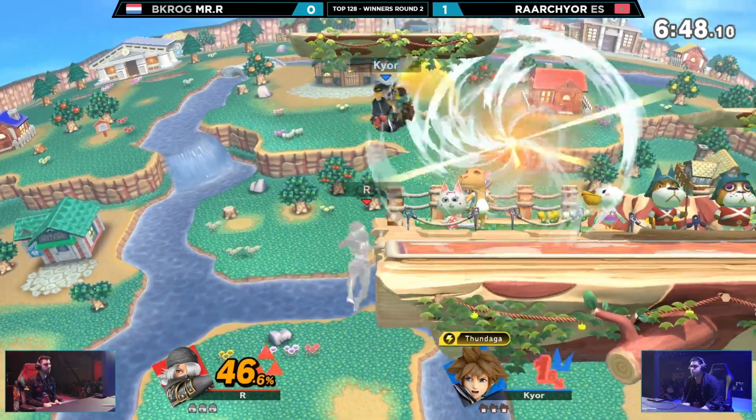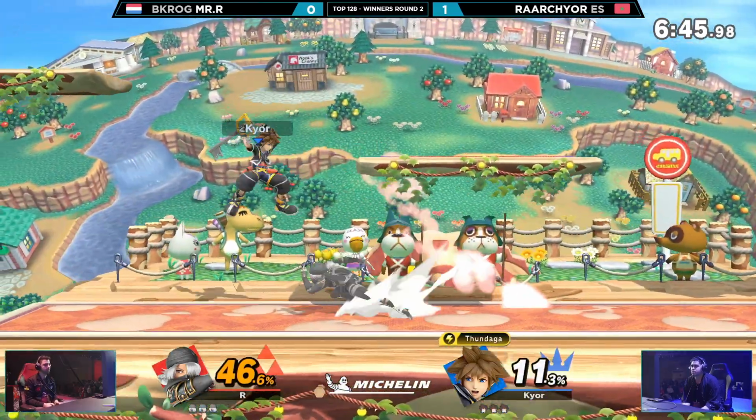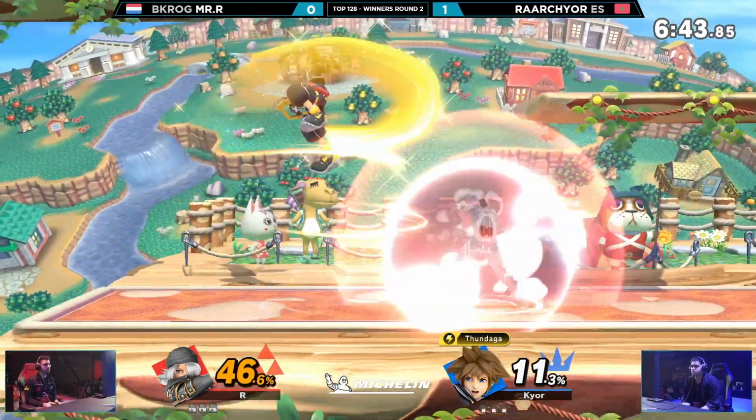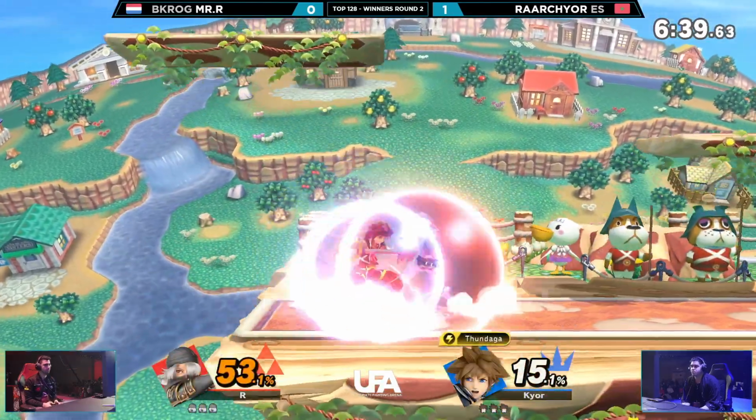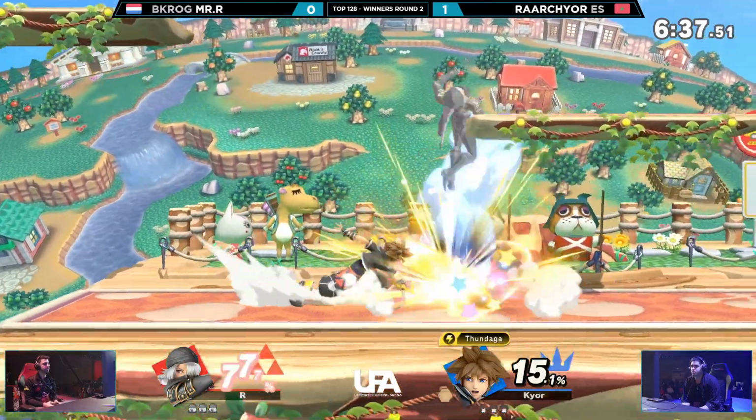Raarchyor definitely starting off strong there, already 46 on Mr. R right now. You see Mr. R, really good roll there, actually getting out, but then just doesn't quite get the follow-up to try and punish. But meanwhile...